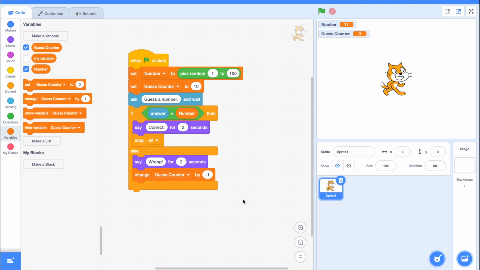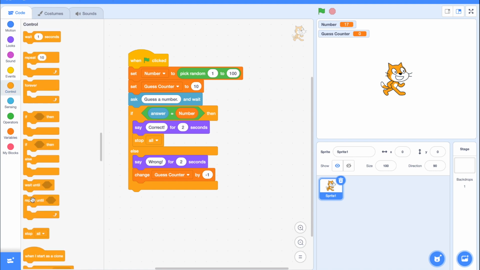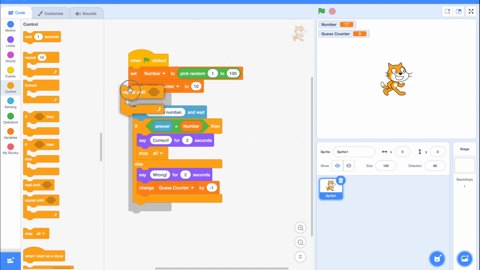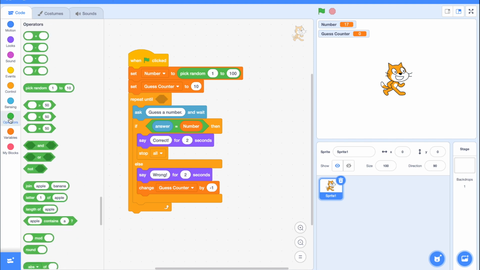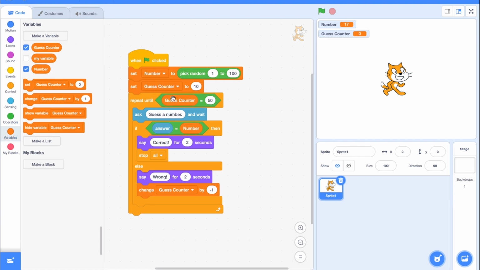But still this is not going to be very useful unless we're actually having a check on what the guess counter is. So let's go back to control and let's use repeat until and put it around everything below the variable settings. And in here we're going to go to operators and have equals, and then in repeat until, go back to variables and put guess counter here, and then repeat until guess counter is